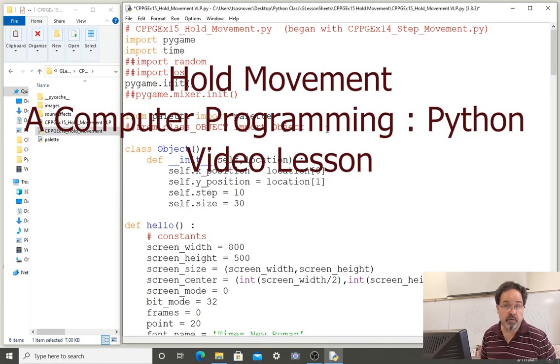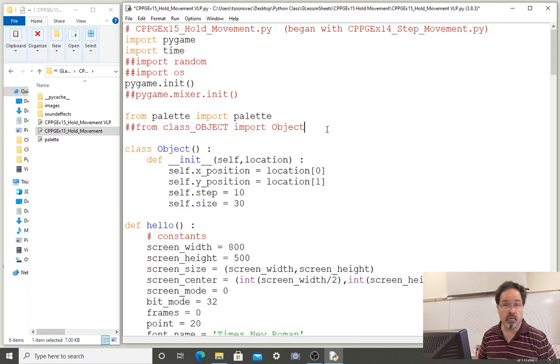VLPSos here. This is a video lesson for Python programming, hold movement. This lesson began with the code file for step movement. We're going to look at what we accomplished in the step movement lesson and then modify it for a different kind of movement algorithm. Our step movement,